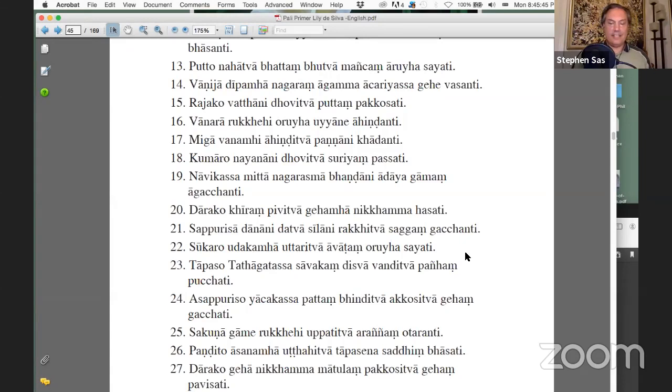Okay, I'll tell you. Puchati is the verb to ask, typically to ask a question, and a panha is a question. You may have heard of the Questions of King Milinda, the Milinda Panha. So putting this all together, I would translate as: having seen the Tathagata's disciple and having paid respects, the hermit asks a question. Do you see that? Yes, I do. Very good. Okay, thank you.